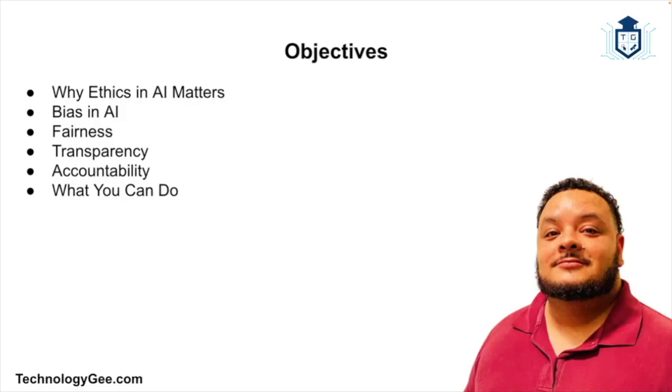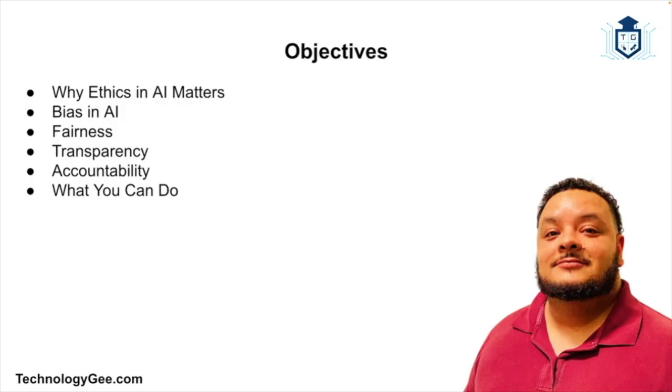So, artificial intelligence isn't just about algorithms, data, and cool tech. It's about decisions. And those decisions, whether made by humans or machines, come with real world consequences. And that's why ethics in AI is such a big deal. We're not just talking about science fiction scenarios like killer robots or world domination. We're talking about issues happening right now, like AI making hiring decisions, predicting crime, or deciding who gets a loan.